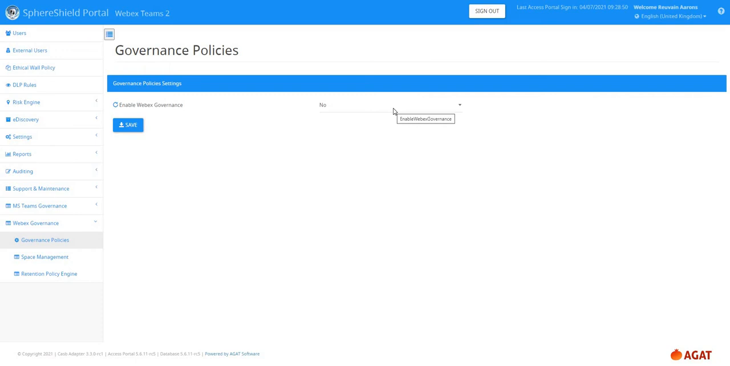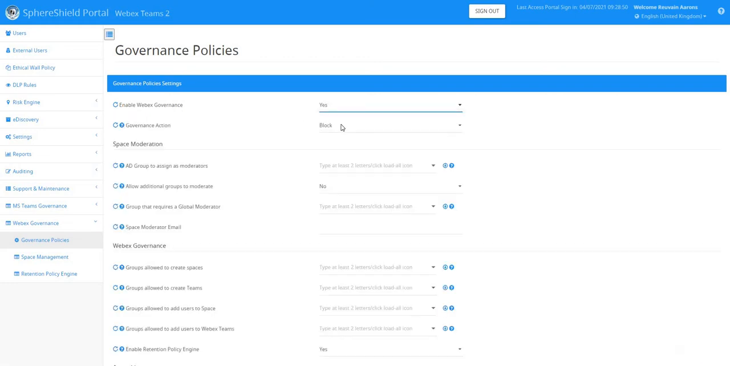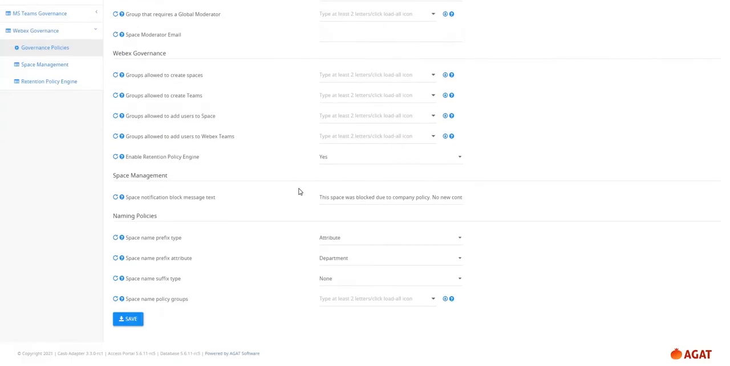So here we're going to see the SphereShield governance for Webex Teams. We're in the SphereShield portal at the moment, and you can see we're in the governance section. The first thing we're going to want to do is enable Webex Governance. So let's click yes over here, and you can see that there are many different types of policies which are